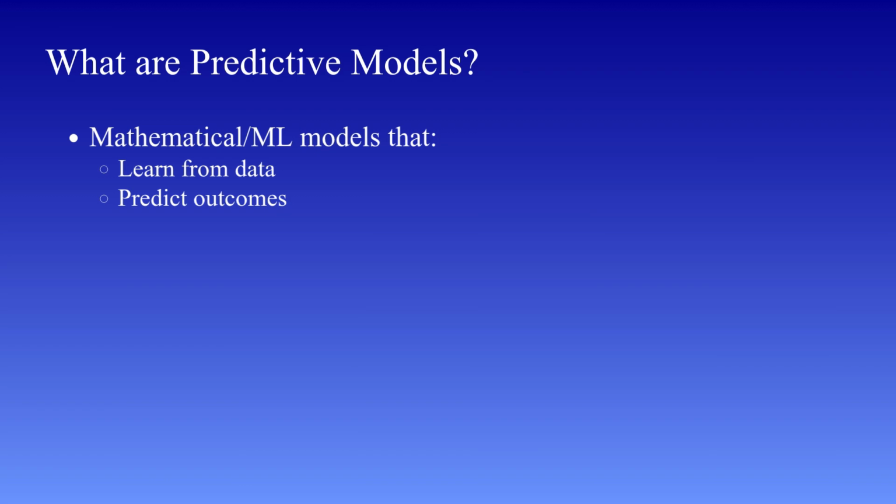Now, there are different types of predictive models depending on the type of output we want. If the output is a continuous value, like price or temperature, we use regression models. If the output is a category, like yes, no or spam, not spam, we use classification models. So, regression is actually a type of predictive modeling technique focused specifically on predicting numerical values.